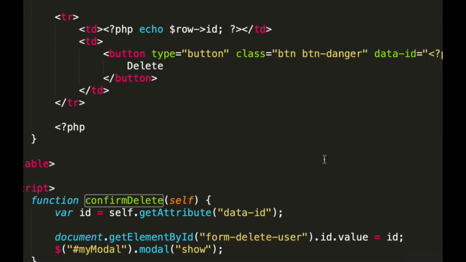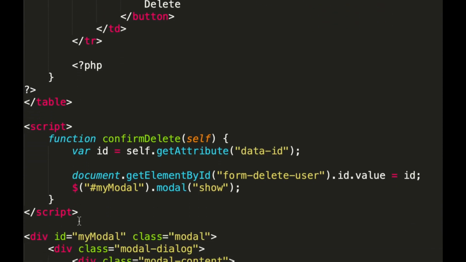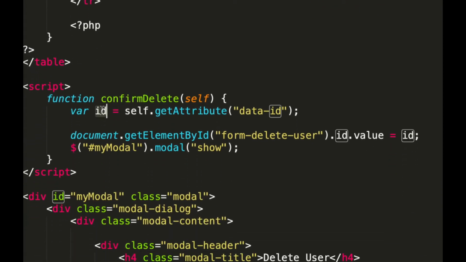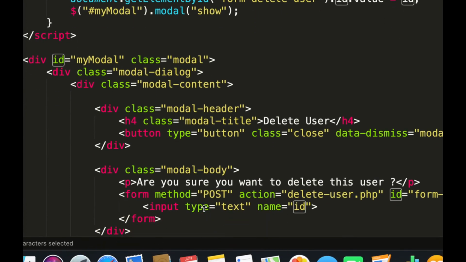Now when it comes to the confirmDelete function, we are first getting the ID using this data-id attribute. So when the function is called, we will get this data-id attribute of this button, so we'll know which delete button is clicked. So now we have the ID. Now we have to set this ID in this form input field.